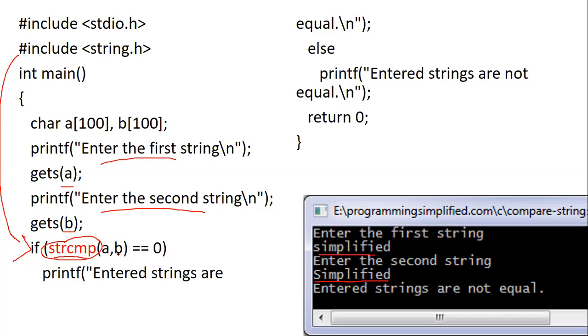The comparison will be between the characters. If both are the same, then it will return 0. The result 0 will be compared with 0. When both are the same, the if condition becomes true and we get the answer "entered strings are equal". If the strings are different, we get "entered strings are not equal".